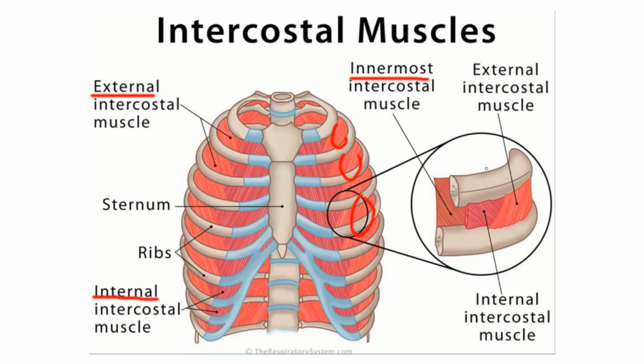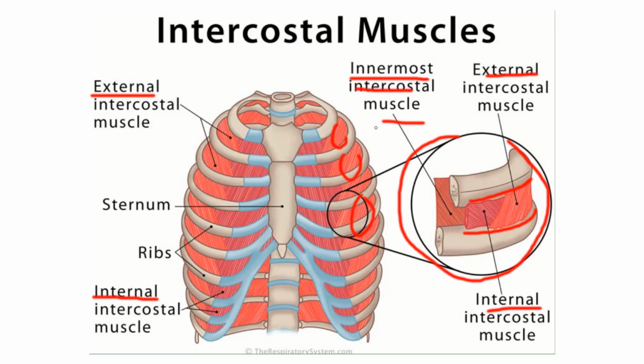So this is a part which is being amplified here. As you can see here, they are attaching to the inferior border of the upper rib. They originate from here, and they are inserted on the upper border of the inferior rib. Okay, and this is the external intercostal muscle, which is present externally, the outermost layer. Then we have the internal intercostal muscle, which is the inner or middle layer, and then we have the innermost intercostal muscle, which is present in the inner section.